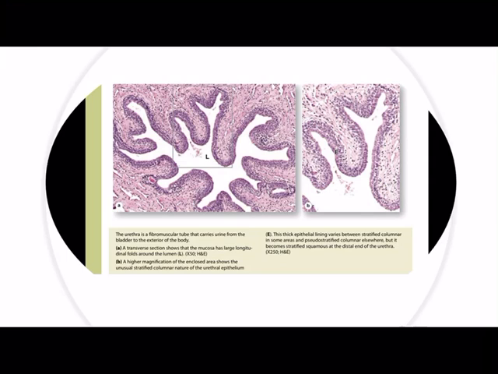So here is an example of your urethra. It is a fibromuscular tube that carries urine from the bladder to the exterior of the body. Letter L would be your lumen. You have a mucosa that has large longitudinal folds around your lumen. At higher magnification, you will see areas of unusually stratified columnar nature of the urothelium. It has a thick epithelial lining, varying between stratified columnar in some areas and pseudostratified columnar at the distal end of